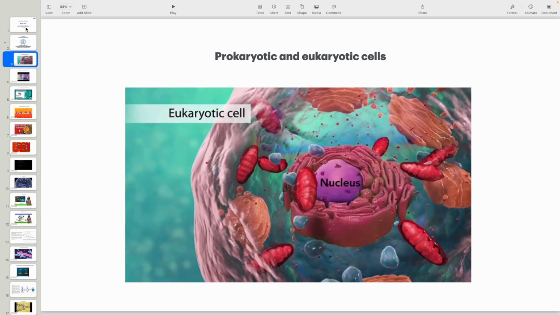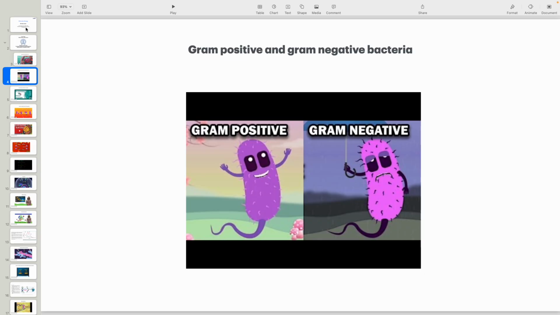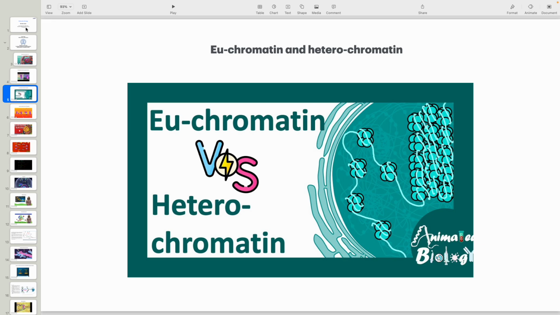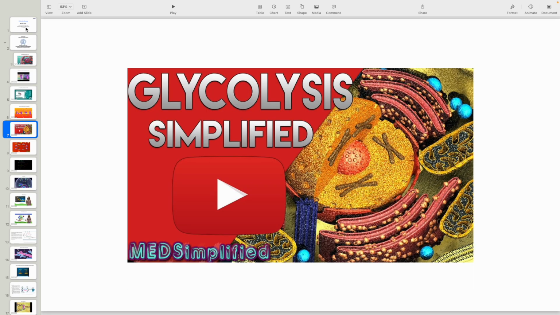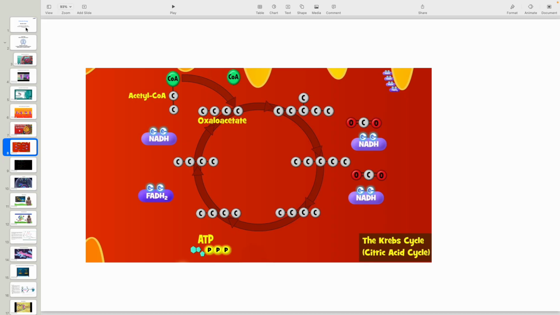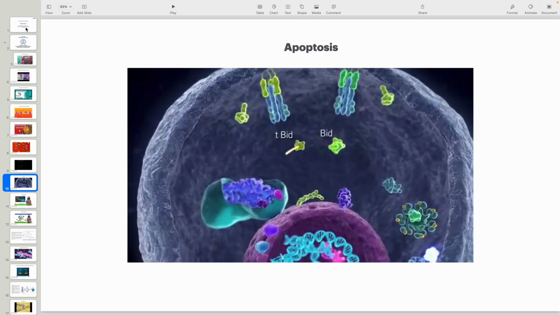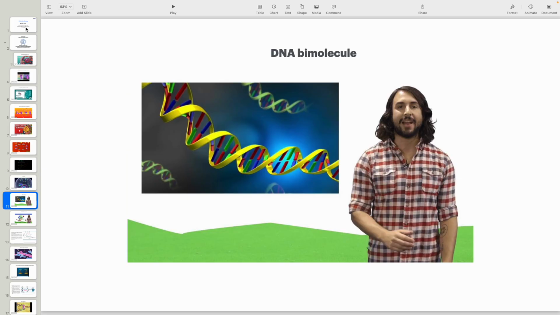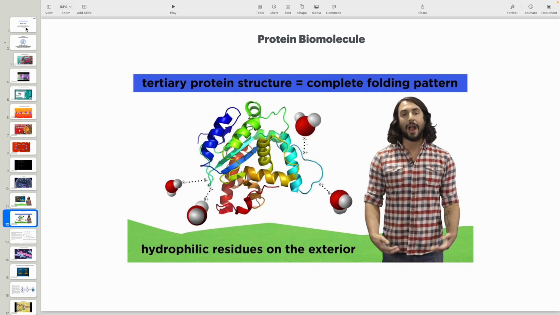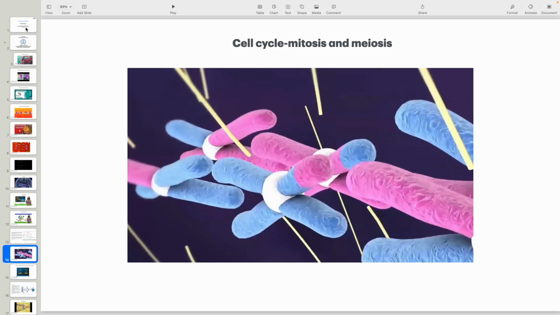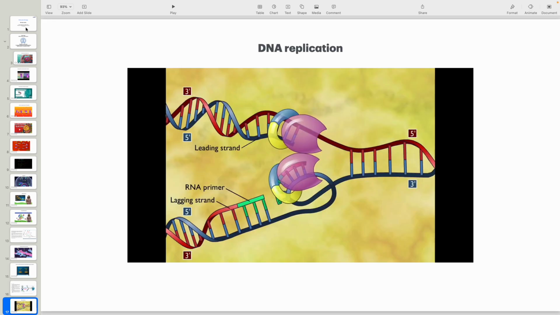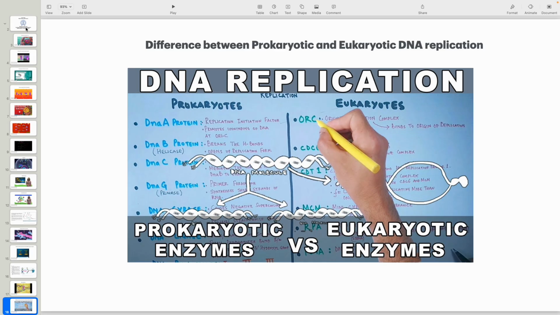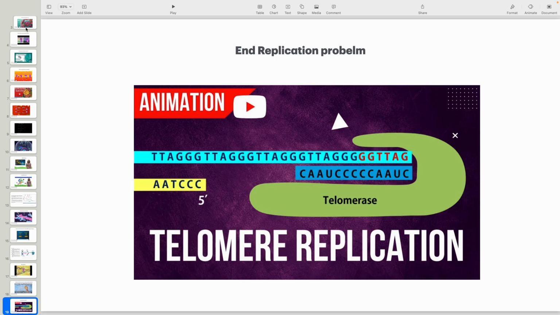of the particular concept. So we had seen prokaryotic and eukaryotic cells, gram-positive and gram-negative bacteria, euchromatin and heterochromatin, electron transport chain, ATP synthesis, glycolysis, Krebs cycle, beta oxidation, apoptosis, DNA biomolecule, protein biomolecule, cell cycle, mitosis and meiosis, Hershey and Chase experiment, DNA replication, the difference between eukaryotic and prokaryotic DNA replication, then telomere replication,